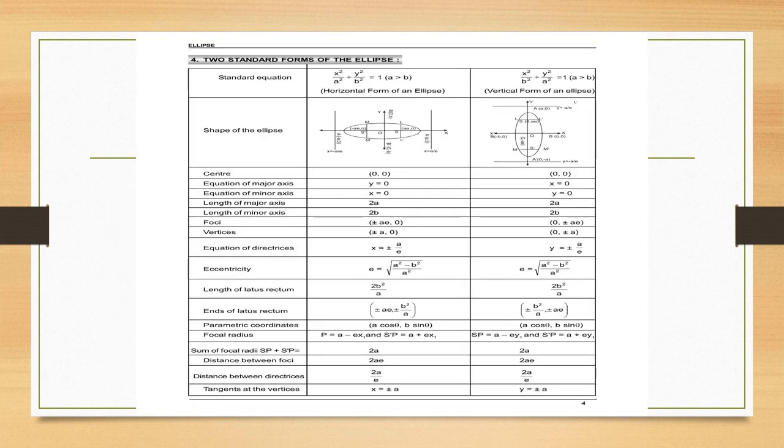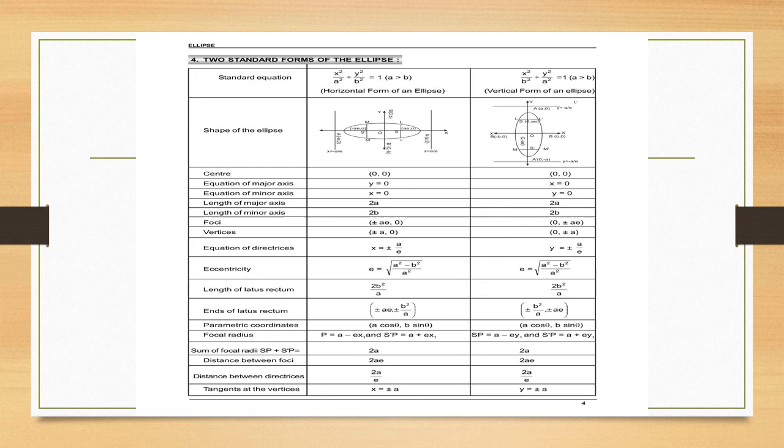Now next, we have two types of ellipse. One is x²/a² + y²/b² = 1. One very important thing to keep in mind is that the standard equation of the ellipse is x²/a² + y²/b² = 1, where a > b. You can observe clearly here the foci lie on the x-axis, therefore the x-axis will be the major axis. If you observe the second diagram, there you have x²/b² + y²/a² = 1, where a is again greater than b, or you can say b is less than a.